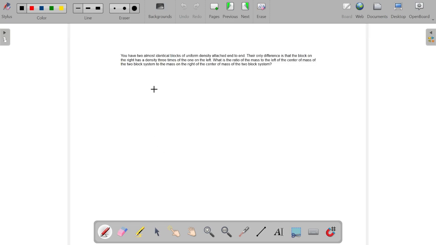Let's see here. You have two almost identical blocks of uniform density attached end to end. The only difference is that the block on the right has a density 3 times the one on the left. What is the ratio of the mass to the left of the center of mass of the two block system to the mass to the right of the center of mass of the two block system? So if I were to draw this out,